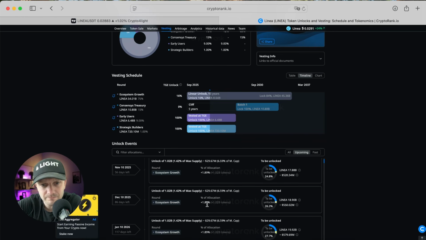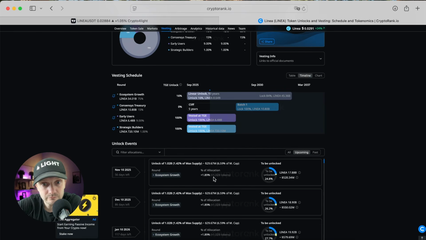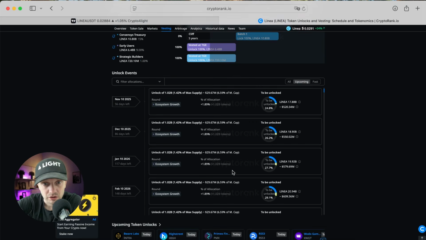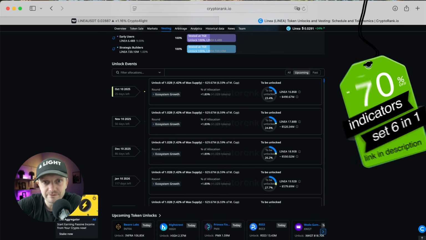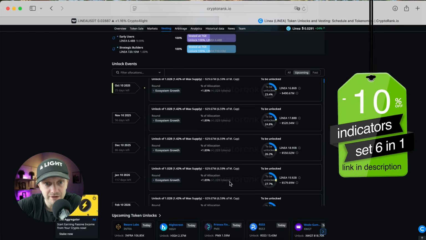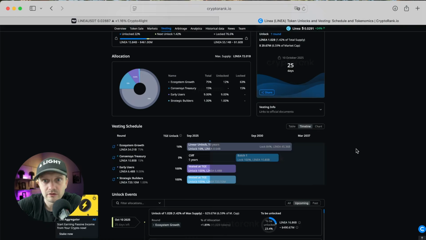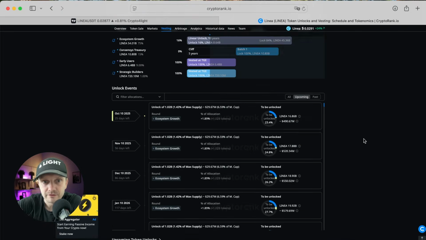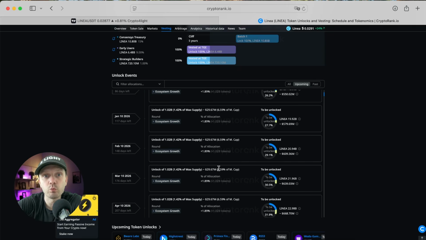Of course, it's not a big one. It's like, wow, it's a big one. It's 1 billion tokens. So if now it's 15 billion, then in the next 5 months, 1, 2, 3, 4, 5, so basically around February, right? We will see, first of all, yes, this one, October, November, December, January, February, we will see the 20 billion supply. So it will be much, much harder to reach the $1 price because we need to pump